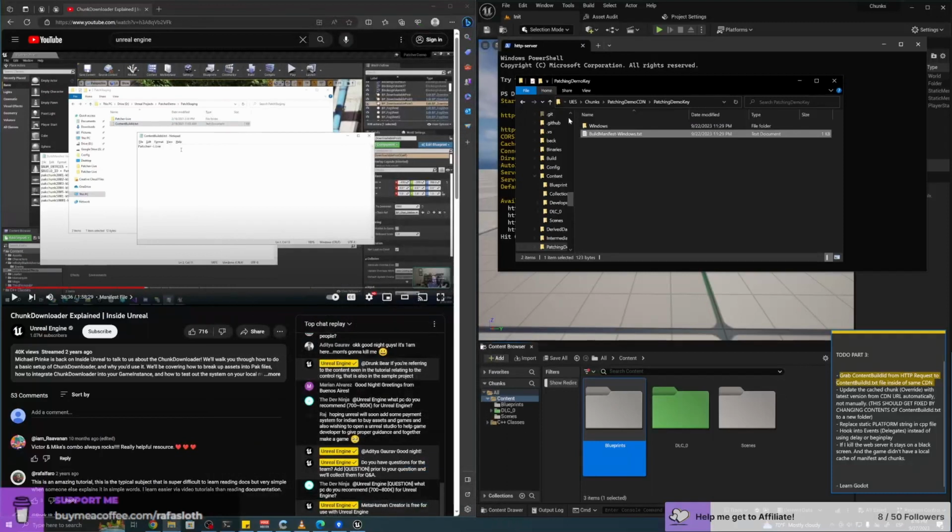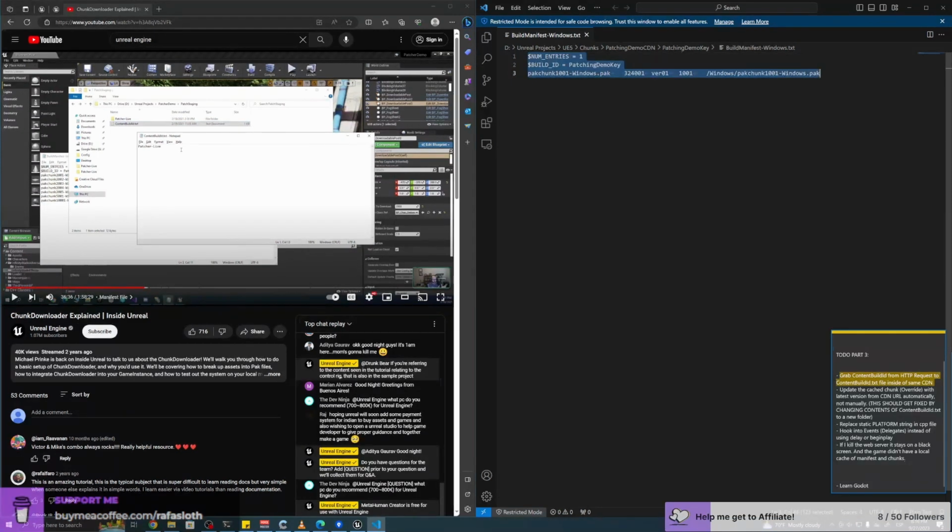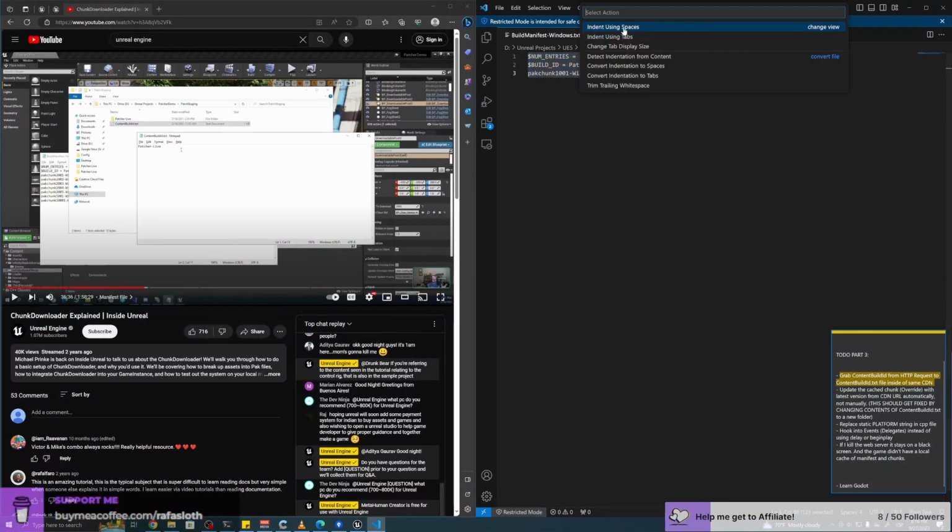This is my manifest file, but I wanna open it with VS Code because it lets me see the characters here, and I need to double check that this is a tab, that it's all tabs, not spaces.